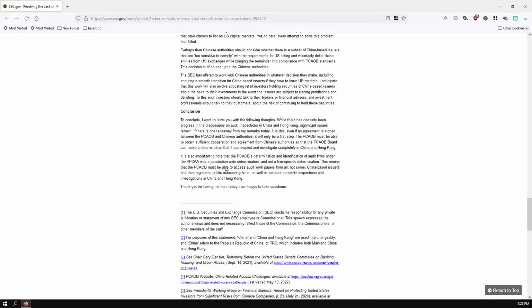And this is not a firm-specific determination, it is a jurisdiction-wide determination. That means that the PCAOB must be able to access audit work papers from all, not some, China-based issuers and the registered public accounting firms. Okay, so some companies, some authorities, some public officials might comply, but all of the Chinese companies listed must comply